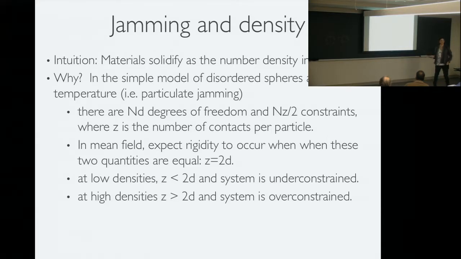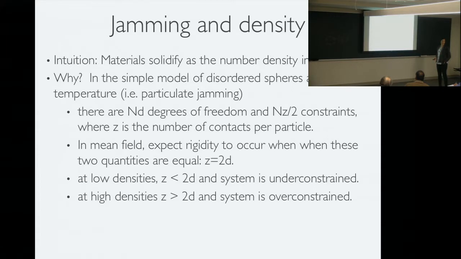This is the simplest thing. In mean field, so actually this argument works for polydispersed spheres, but it doesn't work for ellipses and things with friction. In mean field, that means you sort of say, okay, well let me just say that I expect that everything is the same, and so then I should expect rigidity to occur when I set this equal to that, and that gives me that I expect that to happen at a coordination number that's 2 times the